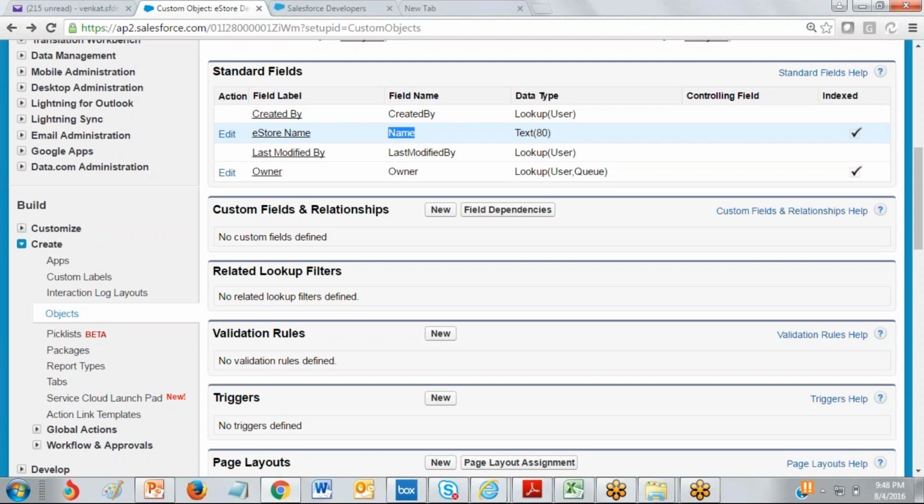Okay, for that, as a developer I'm going to create, and I'm referring to a developer here because it all depends on the companies. Generally these activities, the creation process and all, are done by admins, but it all depends on the company. Developers also nowadays do this customization, and admins also do this customization, the creation of new applications. Okay, so click on New. I'm going to create custom fields. Click on New.